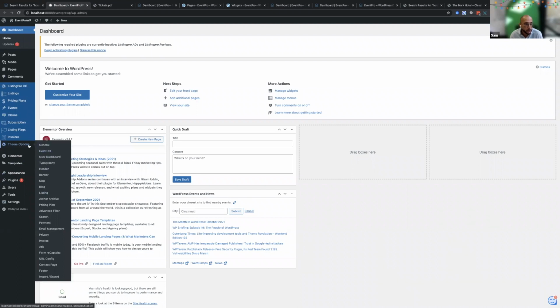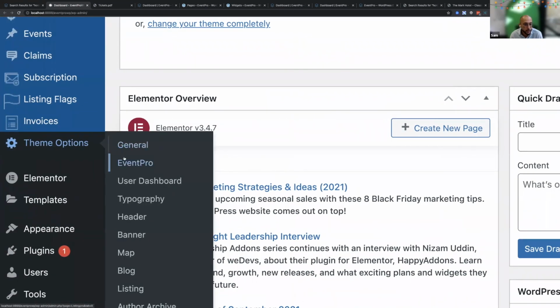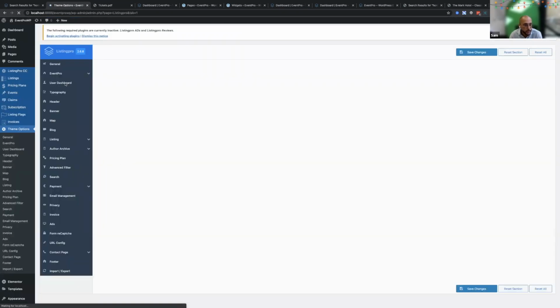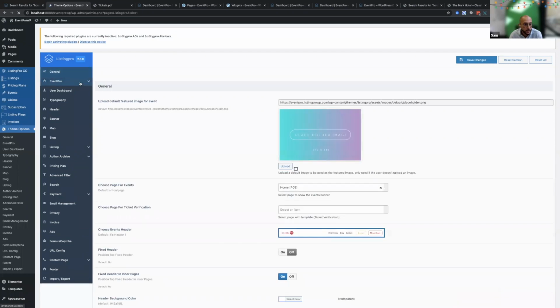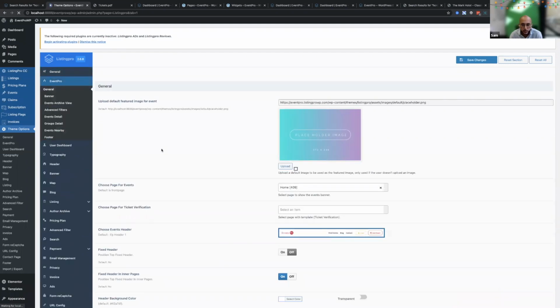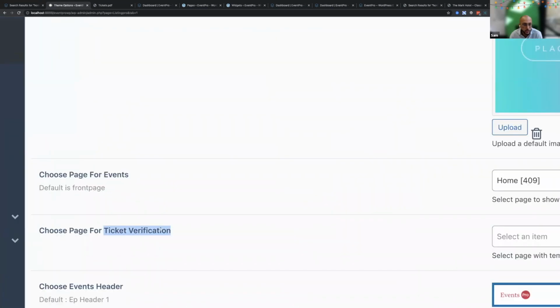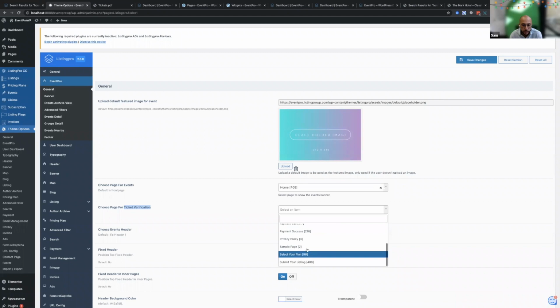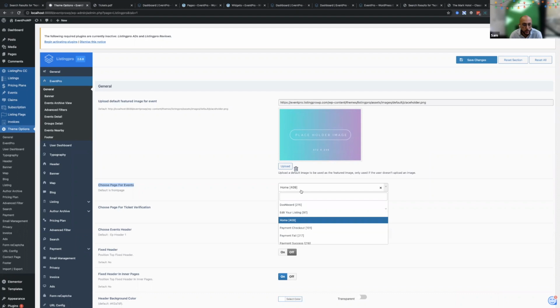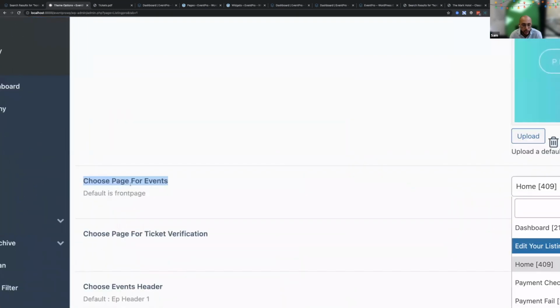Once you install EventPro, you will have this new option under theme options called EventPro, and you can do a lot of stuff from here, so definitely check it out. Here is the ticket verification option. You can create a page called ticket verification and just select that. And if you want to use your existing ListingPro website and just create a separate page for EventPro, you can do that